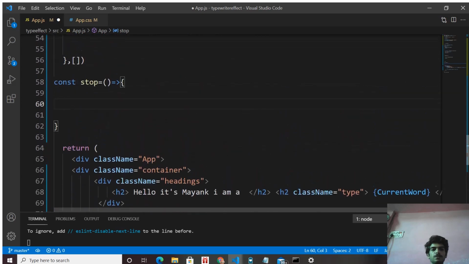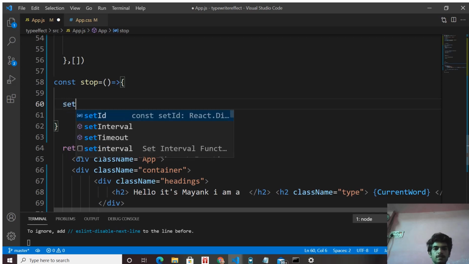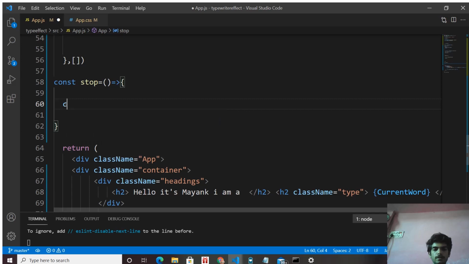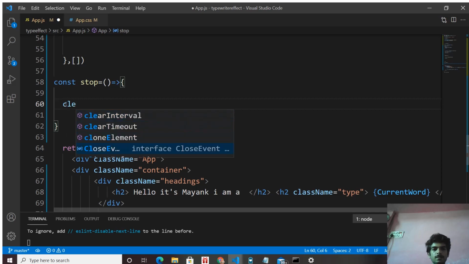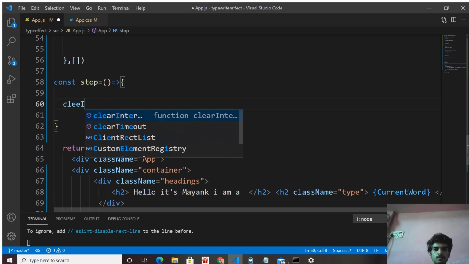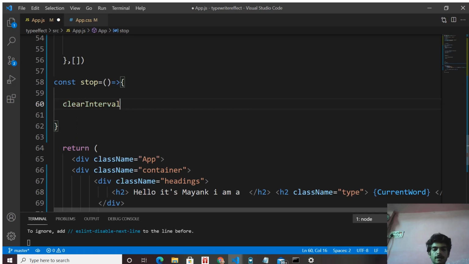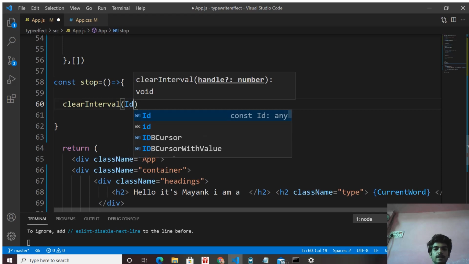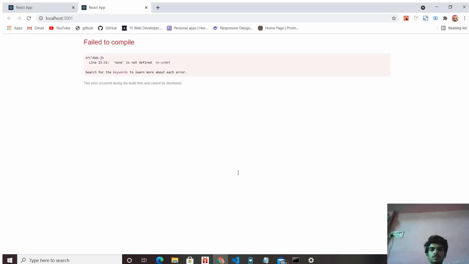So in the stop function, when the user clicks, clear interval is going to run, and in this clear interval we pass the last value of our id, which we have with the id variable.